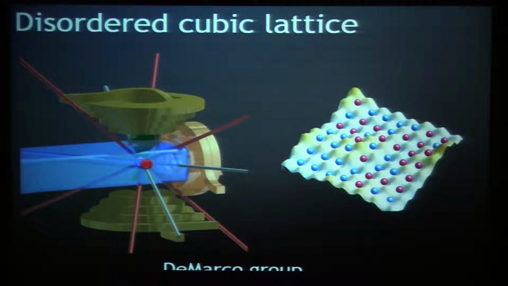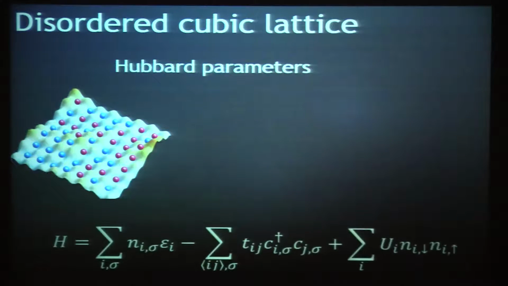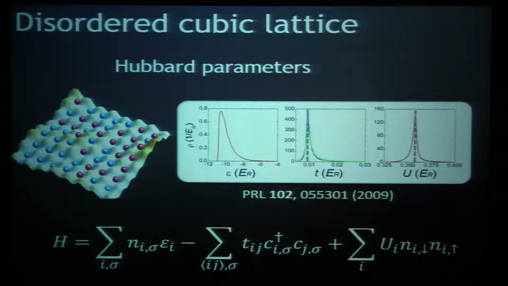We do a lot of experiments and have done a lot of experiments using these 3D disordered lattices that realize 3D disordered Hubbard models. By working with David Sepperly's group at Illinois, we know the distribution of Hubbard parameters now, because of course, in a disordered lattice, the tunneling and interaction energies now are disordered, and there's a distribution of energies which are present. These are the probability distributions. And there's a site energy, which I didn't write down before, which you also have to keep track of, which Vadim wrote down, somewhere hidden behind one of these boards, and that's also disordered. So in general, these experiments have all types of disorder present, but we know the distributions of these parameters.